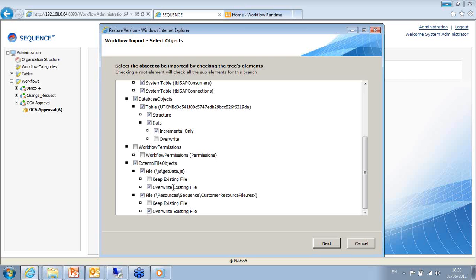Let's say I also have the same file in the same location in this environment. I can determine whether to overwrite the file that I have here or whether to keep it, whether basically to skip it and not overwrite it, use the one that I have here. You have the same option on database objects, and in addition, the list